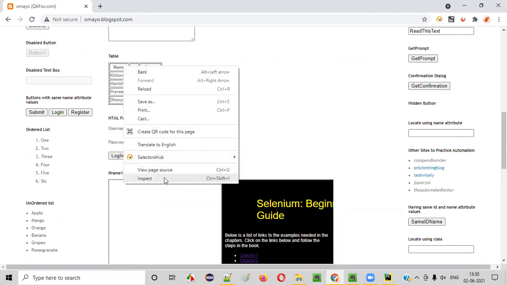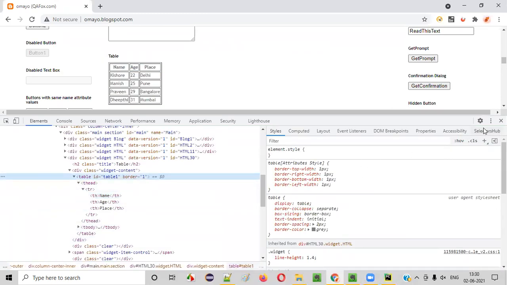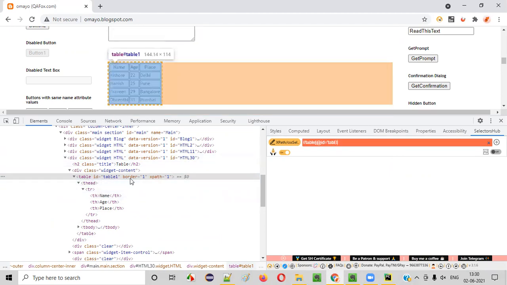So for that, I'll inspect this table again. Here I'll write in the selector /table[@id='table1'], table with the ID equal to table1, slash. So how to do that?